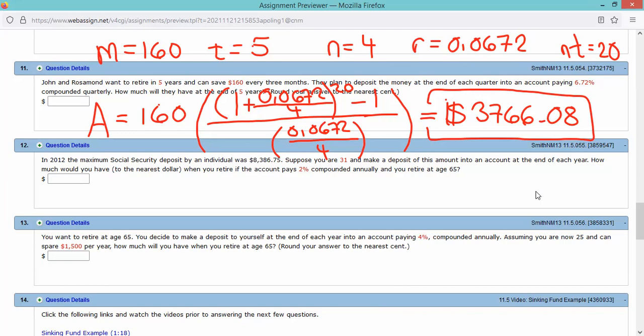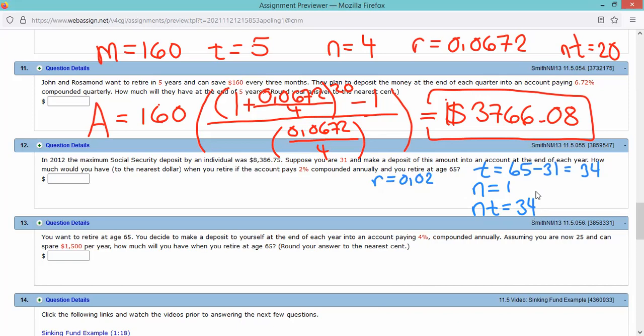So T is 65, take away 31, so 34 years. N is 1, so NT is just 34, right? We also have a rate of 2%